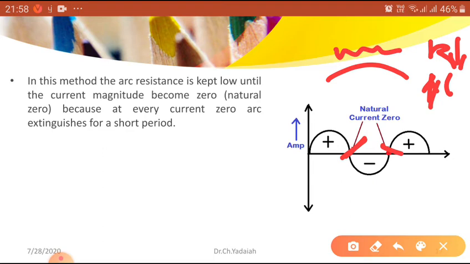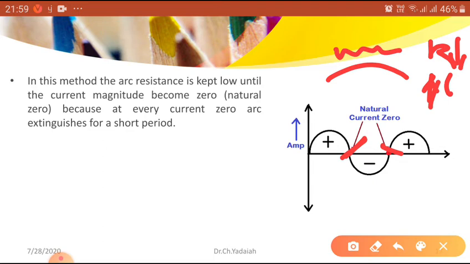At this condition, there is no current, there is no arc. The current takes a rest for a while, for a few seconds or microseconds, a short period. We have to utilize this period to nullify it, because under normal condition the current flows in the positive cycle, and it goes on increasing. After the maximum value, it goes on decreasing to zero.